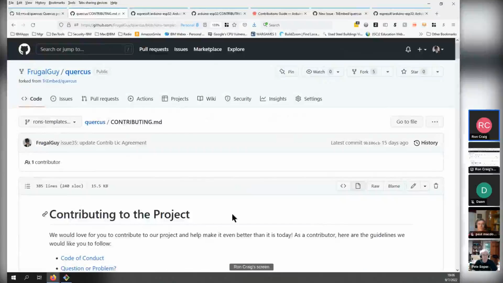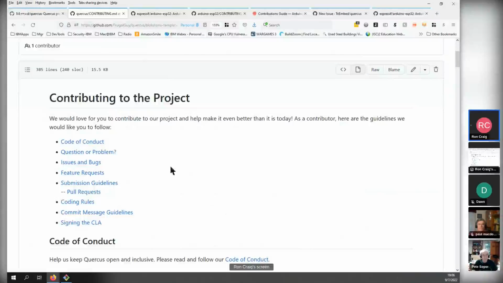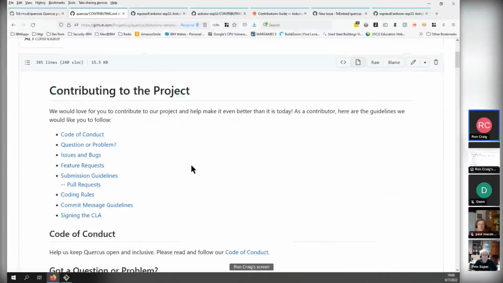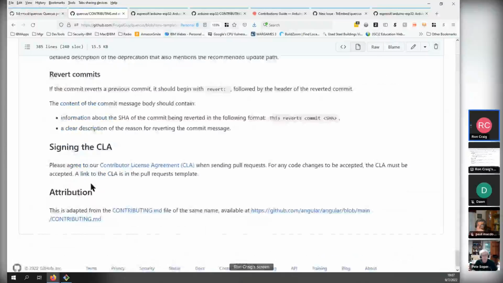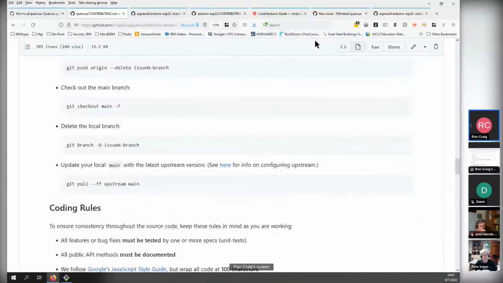Meanwhile, our contributing file that we've got right now, I think is much too big. We've got a code of conduct in here, or just a pointer to that. I think that's fine. This question or problem, again, I think goes over in the README. Issues and bugs goes in the README. Feature requests can be linked from the README. The real thing for contributing is the submission guidelines, coding rules. We're going to throw away this commit message guidelines because that's a bunch of garbage that we don't need. And we'll have just this little thing down here at the bottom that will be updated to say that that's going to get pulled in with a pull request. Much like